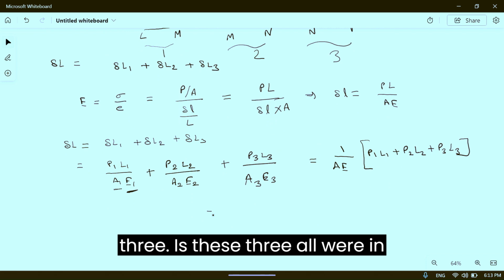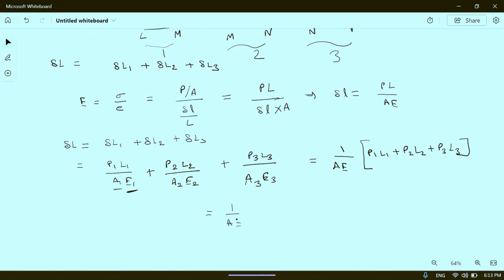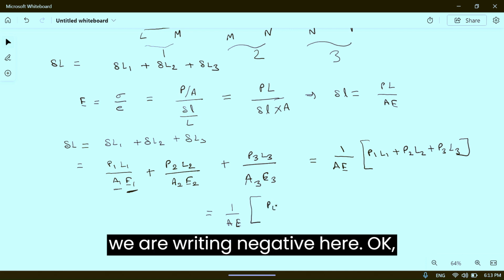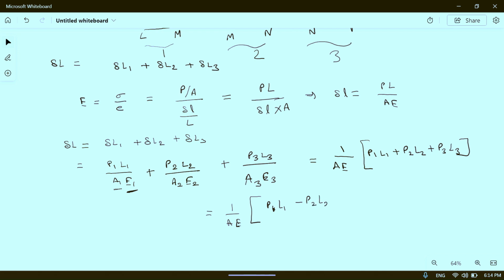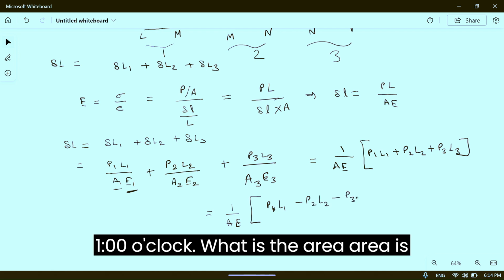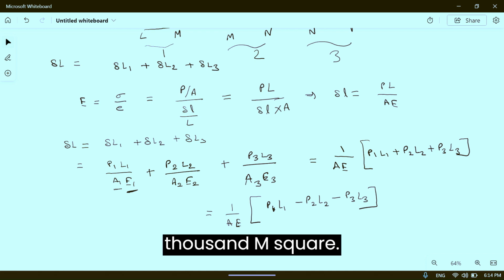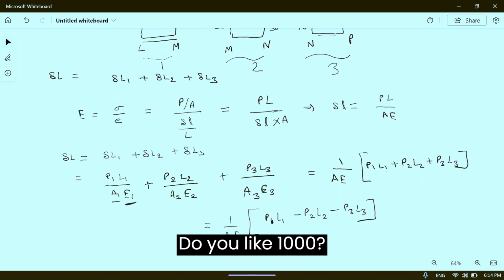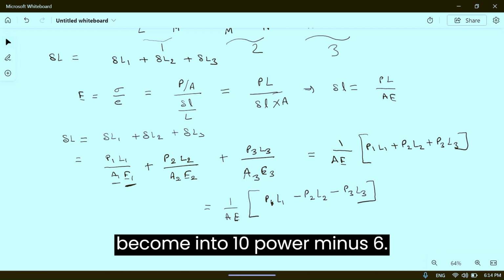So we can write it as 1 by AE in bracket P1 L1 minus P2 L2 minus P3 L3. If these three all were in tension, then we would add all three, but these two are in compression, that's why we are writing negative here. Okay,